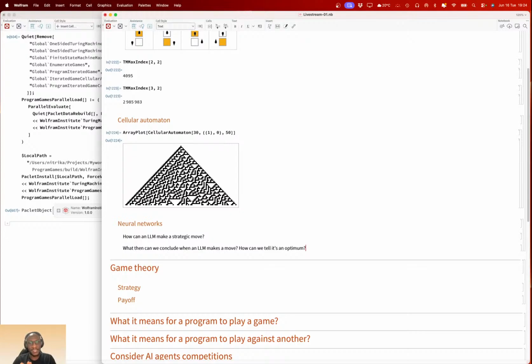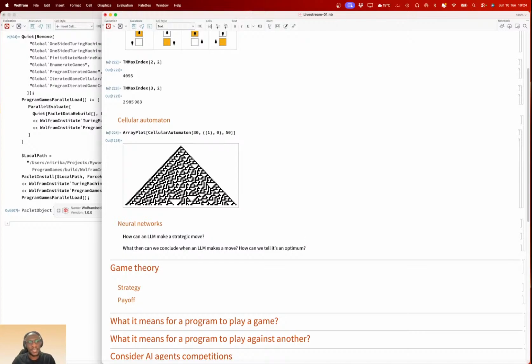right? In an LLM world, you have to define what optimum means. Take for example, you want an LLM to play a game, or you have two systems of LLMs or AI agents, and you have defined a payoff or a measure of what winning means.